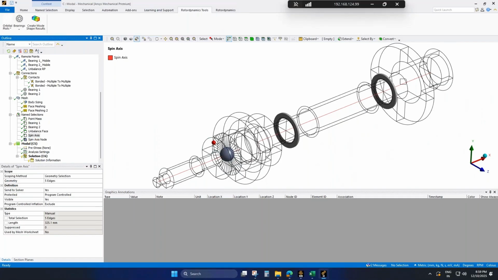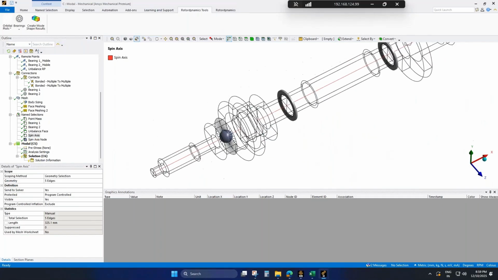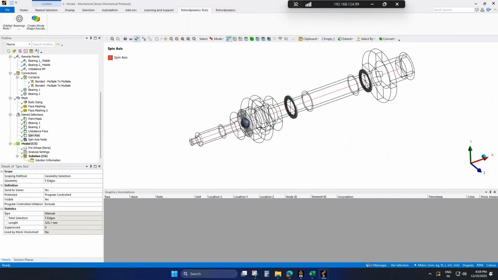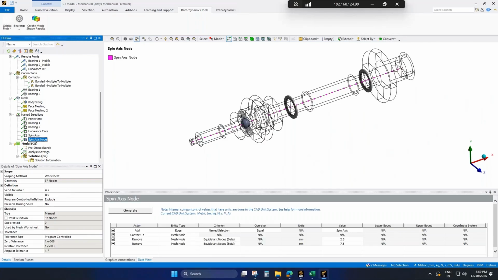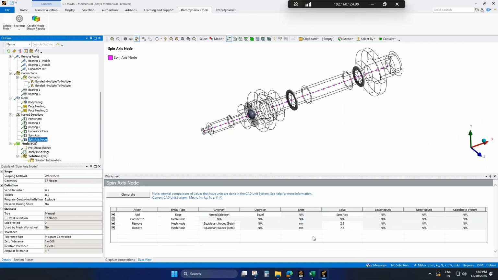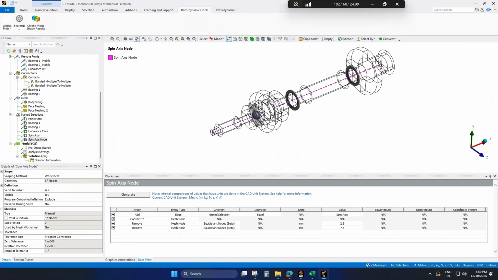The red line you could see is the axis of rotation, or the spin axis. I have extracted nodes from the spin axis using the worksheet. This will be useful while we are generating the orbit plot.